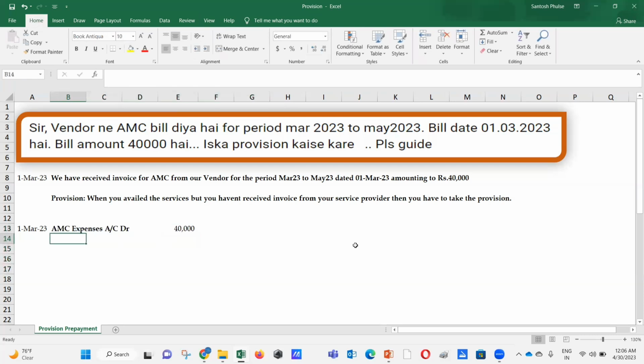Now, coming back to the next, it's going to be 2. Your vendor account is going to be credited, and that's the same for 40,000. So here, if you want to know how it's going to work from the TDS standpoint as well, we'll pass the entry for that.